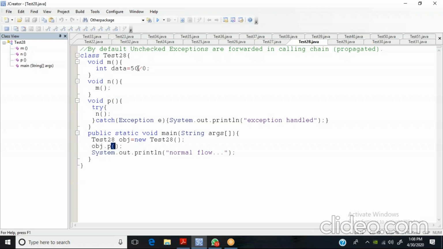But we haven't handled this arithmetic exception separately for method m. Why? The reason is this. I'm talking about unchecked exceptions, which we all know. Unchecked exceptions are forwarded in the calling chain. That means when this exception occurs in m, it will be forwarded to n,